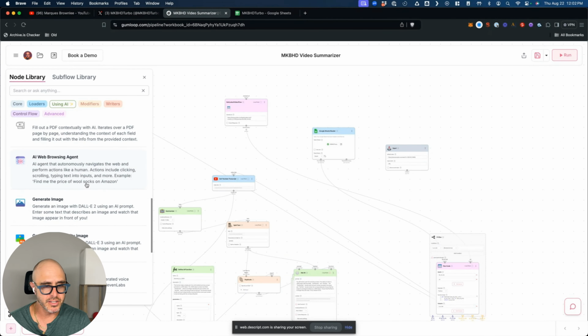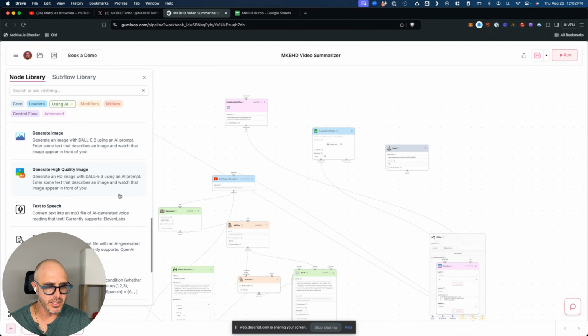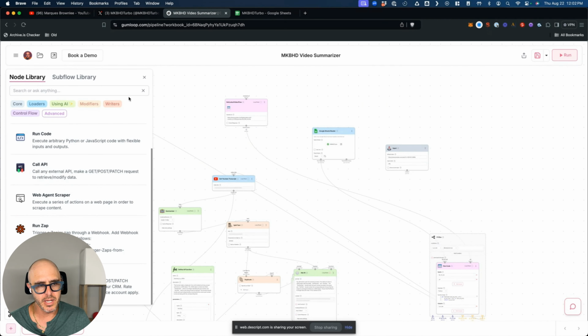You could have a browsing agent, so it could actually visit a website. You could generate images. So you could do all these things programmatically here using this visual way of doing things. And the cool thing is, I'm skipping some of these, but I'll show you,